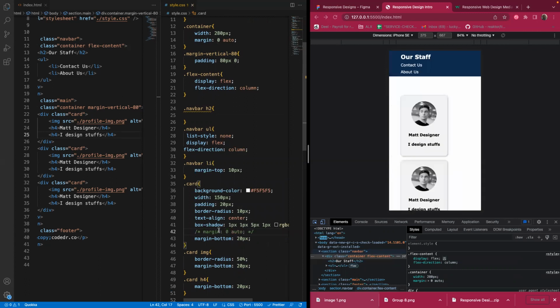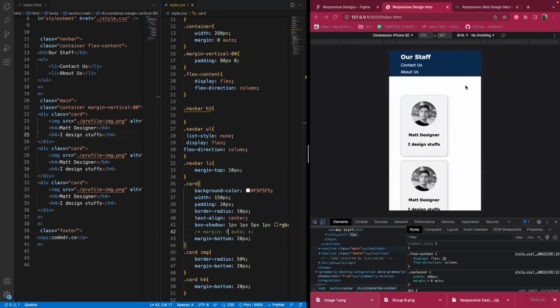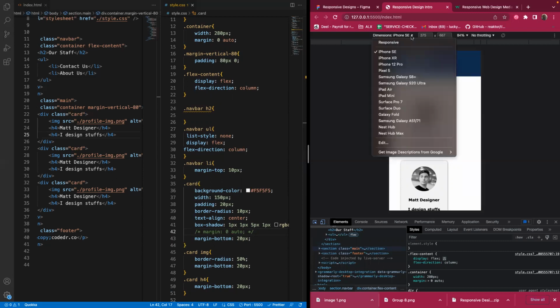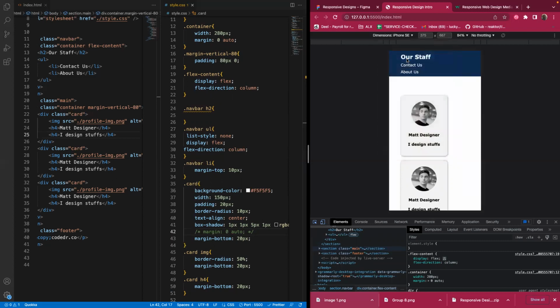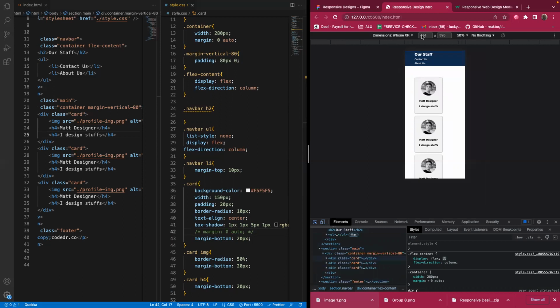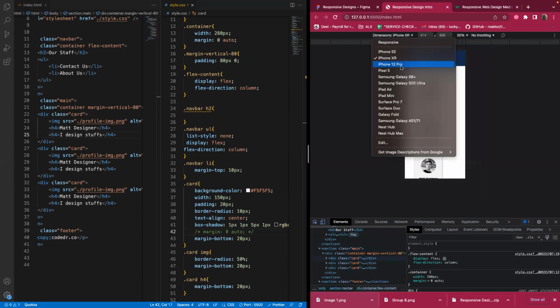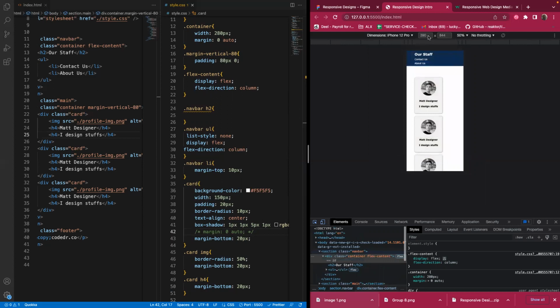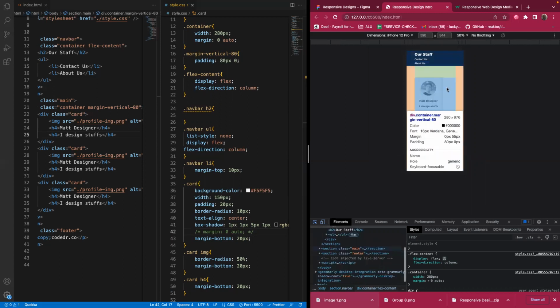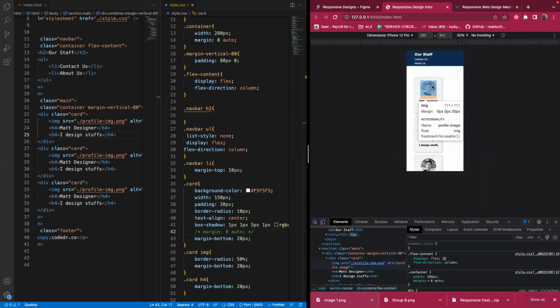Let's see. Yes. And the implication of that will be that we would have this space to the right, because remember it's responsive design. So different items will have different widths, like different phones would have different widths. So you cannot specify a particular width. So it's either we keep it like this, or